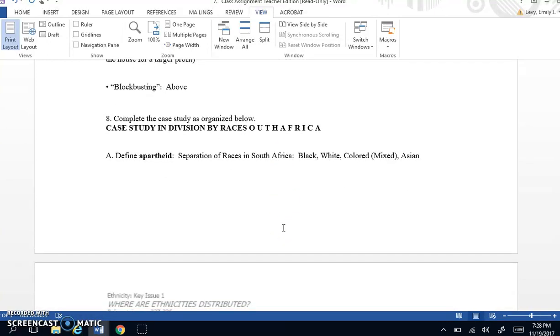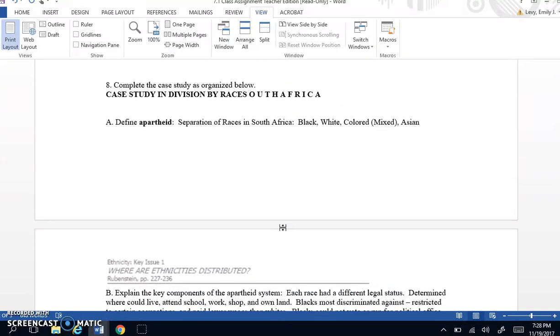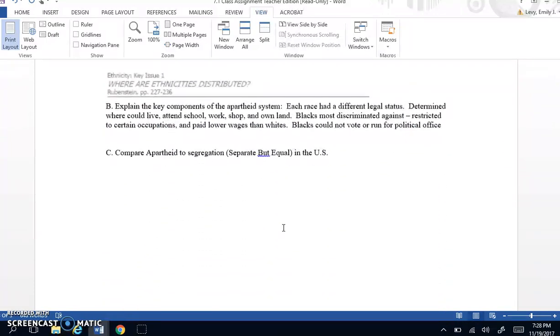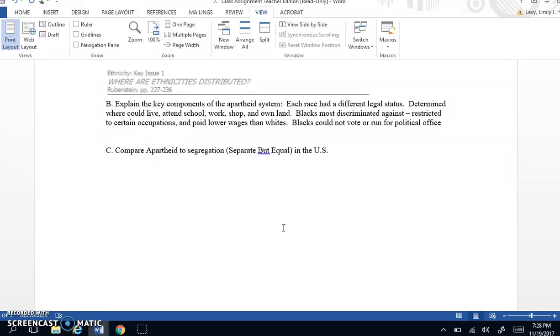Let's take a look at this idea of apartheid. Apartheid was the separation of races in South Africa. So this was segregation in South Africa. They literally defined people by their race: black, white, colored, which was mixed, or Asian. And each race had a different legal status, and it determined where somebody could live, where somebody could